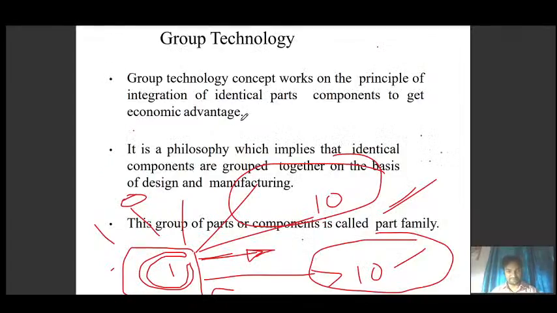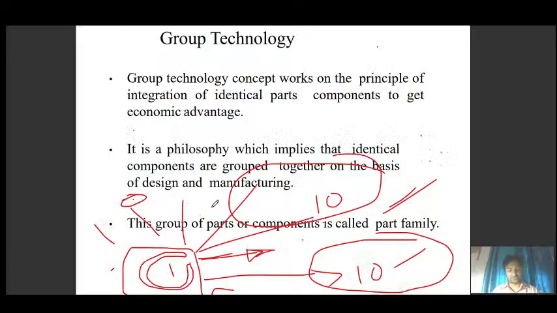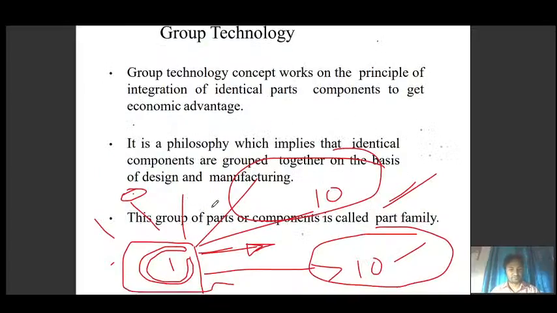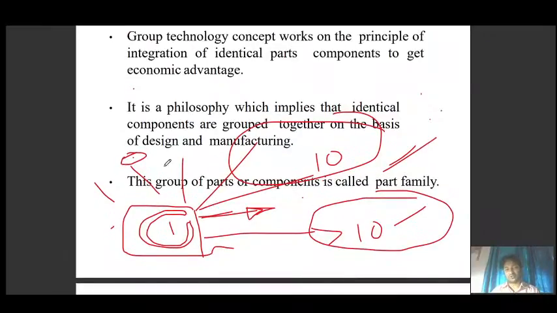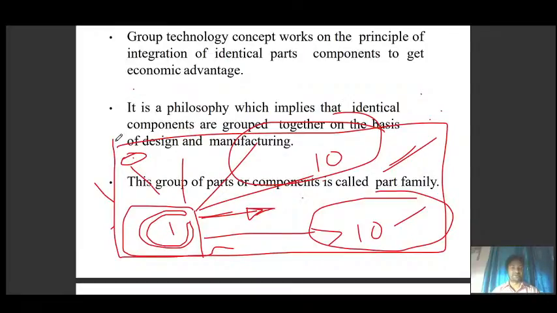Maybe not. Okay, so I was talking about the different types of piston, and then there can be different kinds of connecting rods of different sizes. So overall, that firm will have different types of part families.